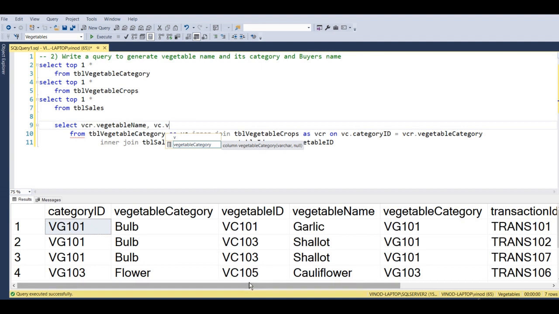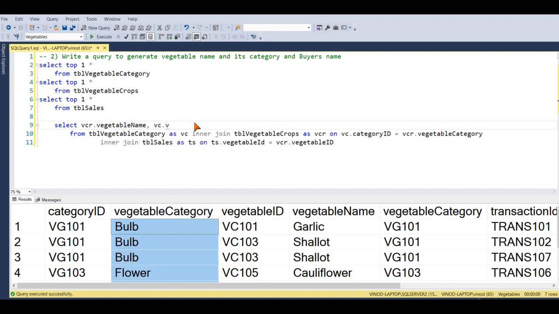But as you can see, we are required to get the vegetable category which is readable, right? So to get the vegetable category we will use VC dot vegetable category. So what will happen? This column we would get.